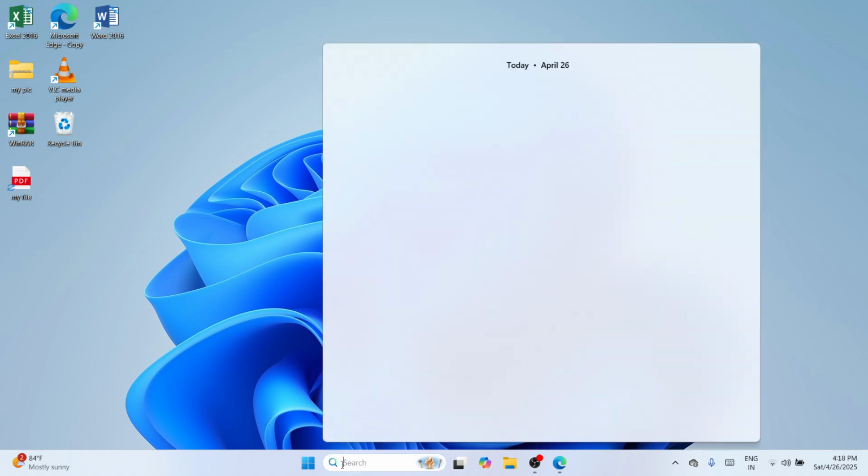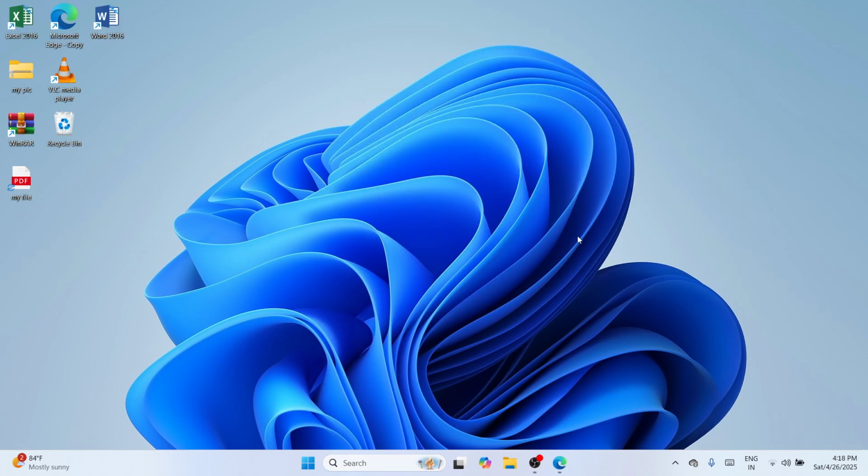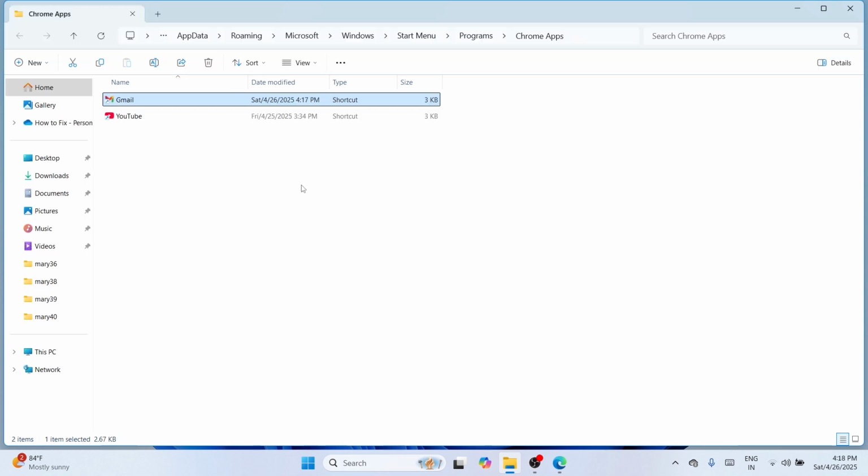Firstly, you need to proceed to the bottom search bar and type for Gmail. Once you have typed it, wait until a best match appears, and once it's here, navigate to the right side of that. You can see there Open file location. Please click on it, and the moment you do it, you would be redirected to this kind of location where